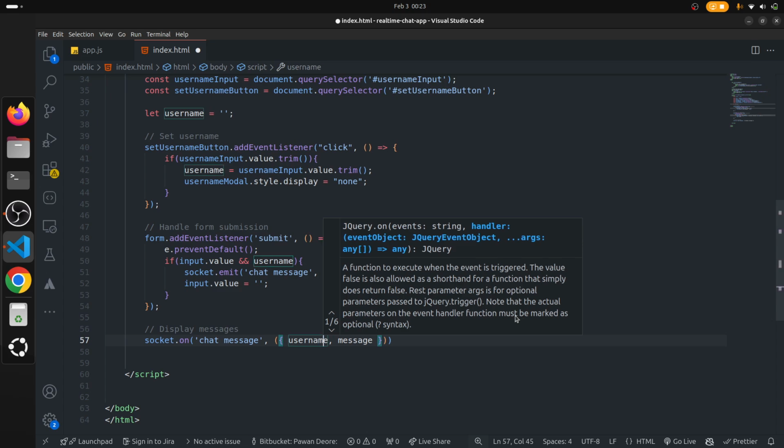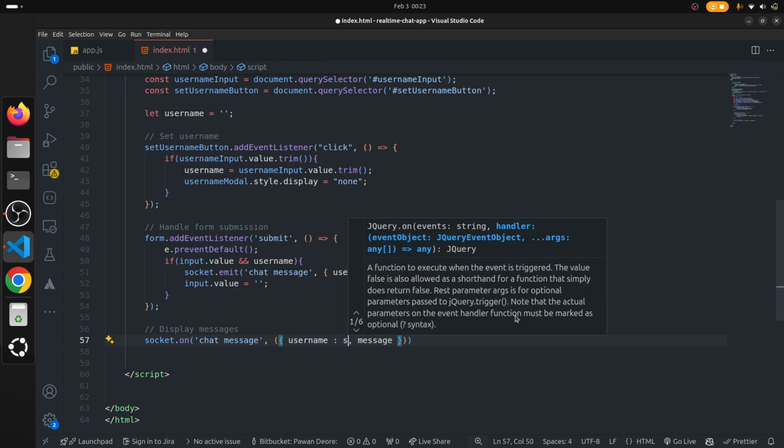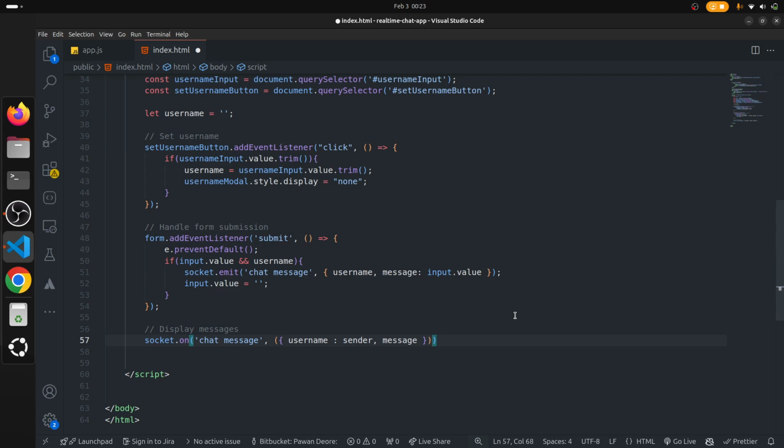So I will rename this to sender, and then a callback function. The very first thing we need to do is sent. We will check if the sender is the actual user,